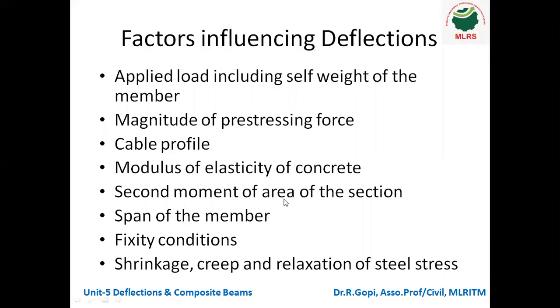Okay, next, relaxation of steel stresses. Due to the long term, there will be a relaxation of the stresses in that prestressing cable, prestressing tendons or prestressing wires. Initially while applying at transfer, the stress in the prestressing cable is around 1250 Newton per mm square, and later on it comes down to 1000 Newton per mm square. This is due to the relaxation of steel stresses.